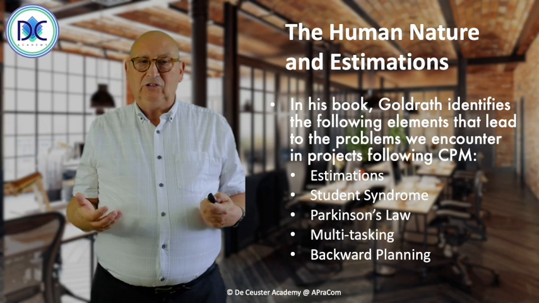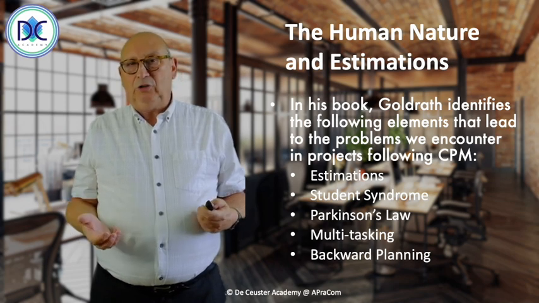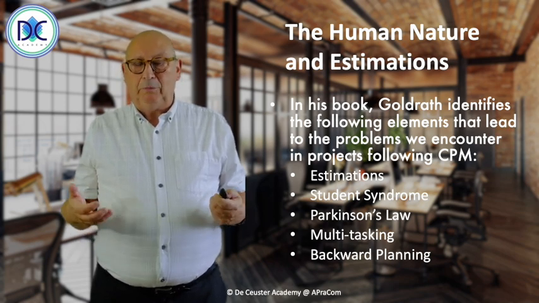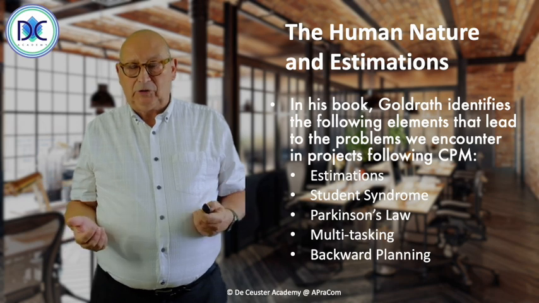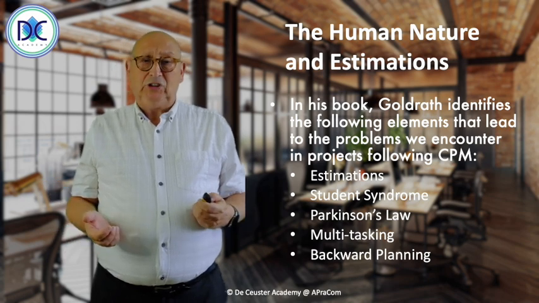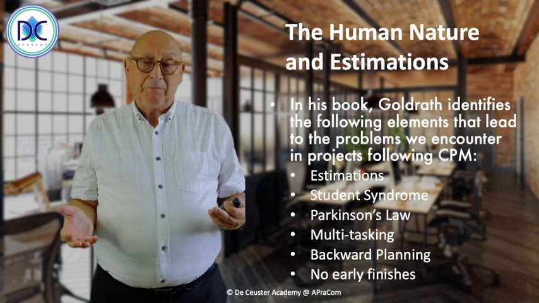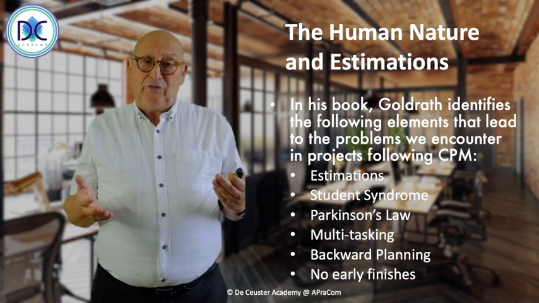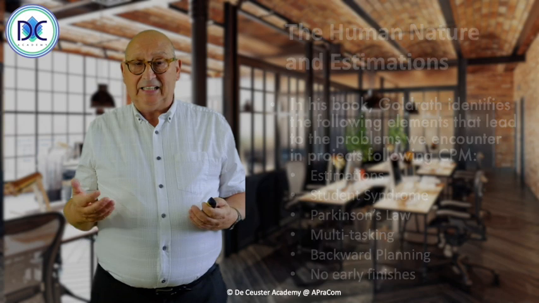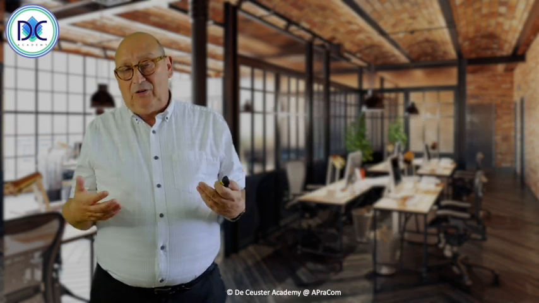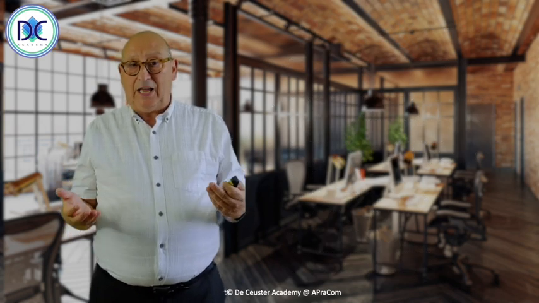Here we are looking at these different elements. How can we use these to improve our project outcomes? And another item which is very important is what we call no early finishes. We're going to review all these elements in this lesson, and when you have some questions, of course, you can